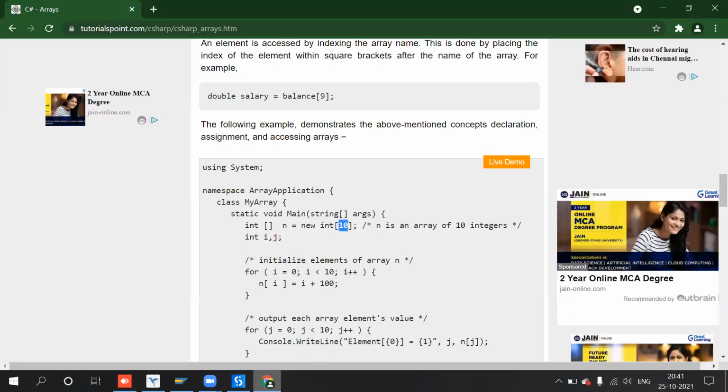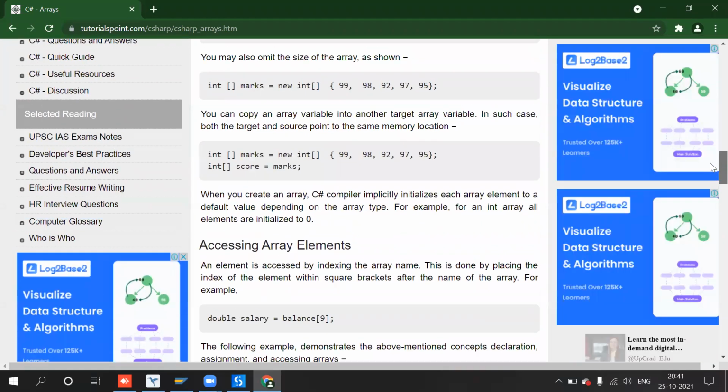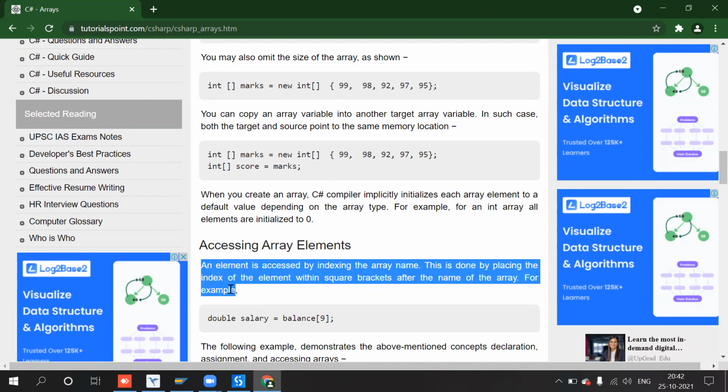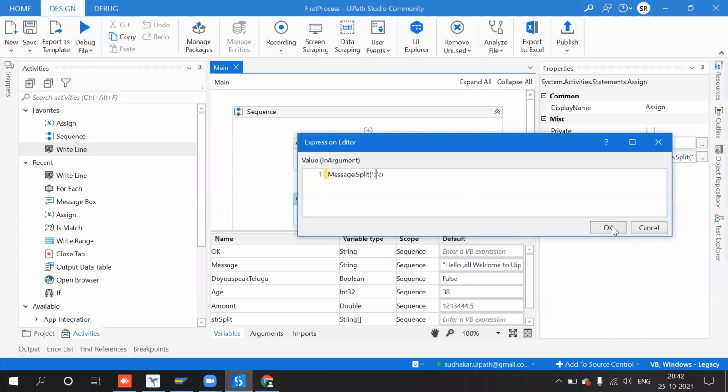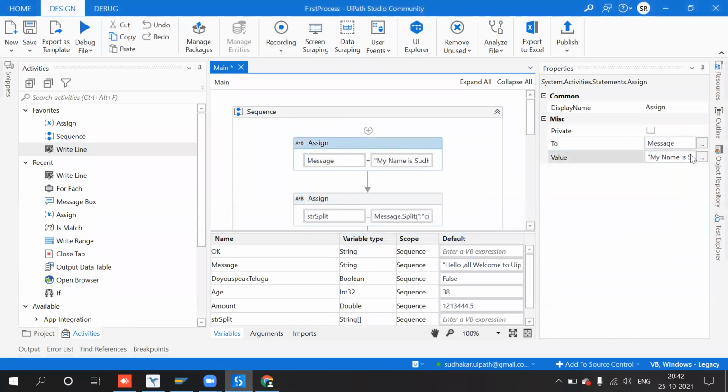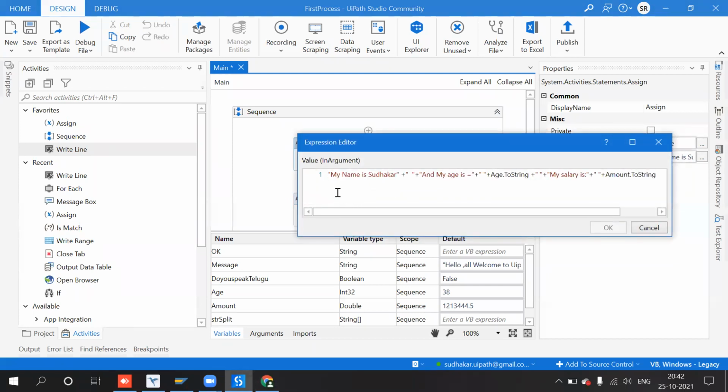Consider, this is my string. I'm just copying and pasting it. So a string can be represented in double quotes, no?